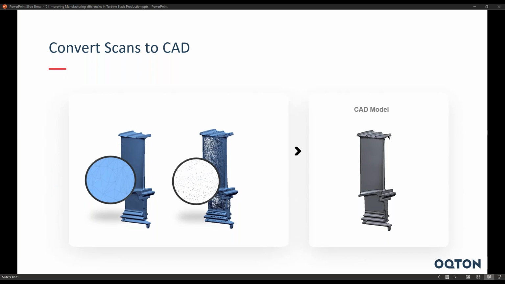So essentially, the way the workflow works is on the left-hand side, you have the type of data that comes from these different scanners. Depending on the specific one you choose, you may have two different kinds of information coming out of that scanner. One of them is a polygon object, which is this one on the left-hand side, which is a bunch of triangles that are all connected together in a high resolution. And I give this little magnifying glass to kind of show. It's a little bit difficult to see through the meeting,